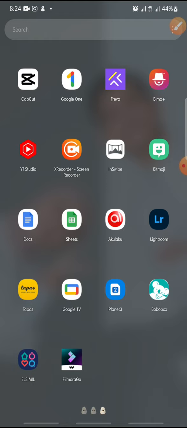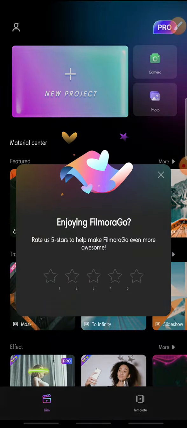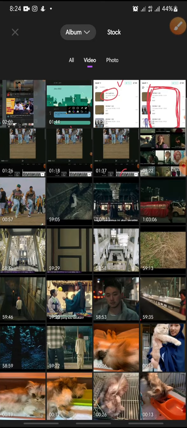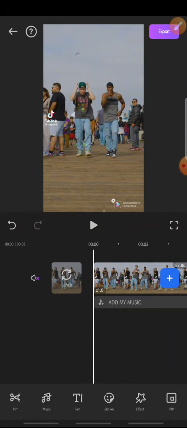Now let's get started. First, open your FilmoraGo apps, and then in here you just click on a new project, and then add the video that you want to edit, this one. And then after this, if you wanna add opening animation on FilmoraGo apps, you just click on the clips,